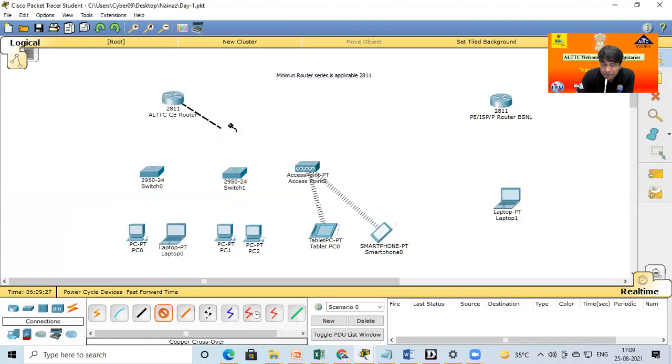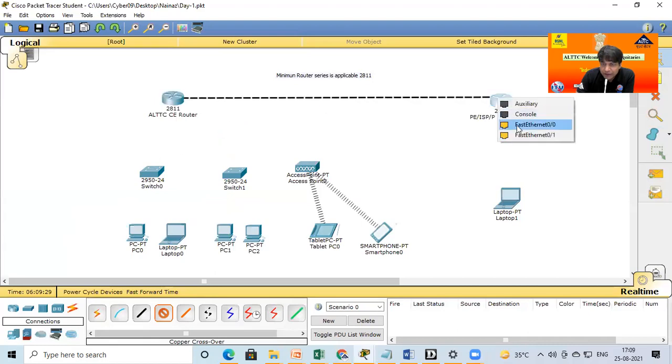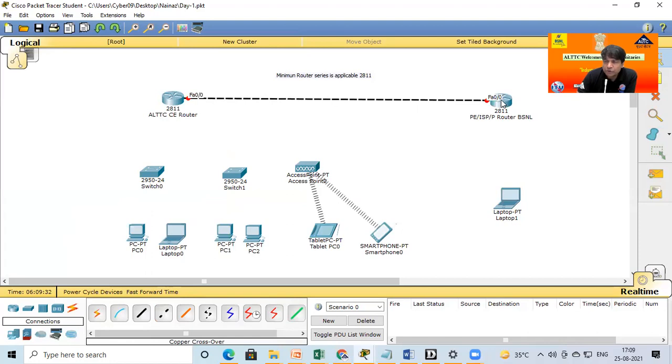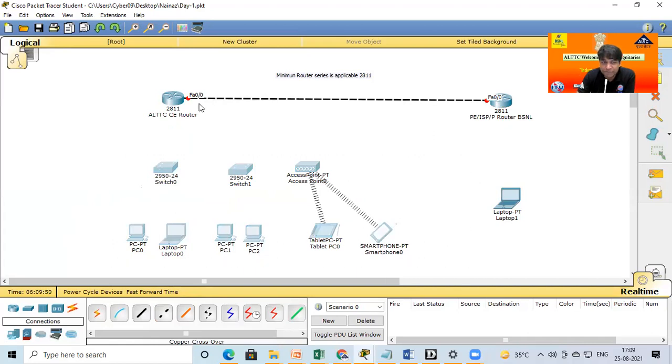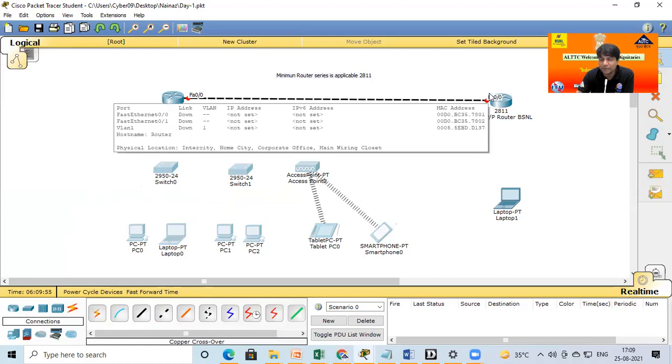I select 0/0 and move to the other side. Again, select 0/0. You can put 0/1, there is no problem. But we are all engineers, so definitely we make a beautiful structure also. Because you already put it here, I request that all be put in the same line, because it looks very decent. Same manner here, I put 0/0. You can use 0/1, no problem, but as a matter of engineering, as per structure, we take a beautiful structure.